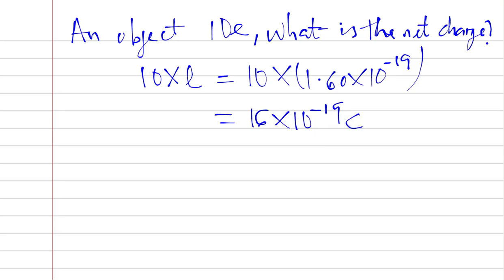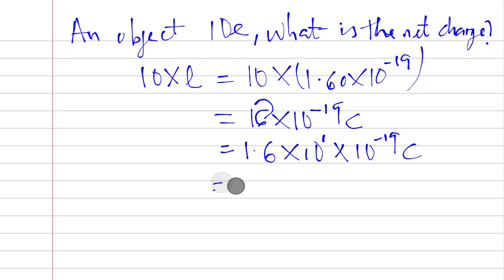But I cannot leave it like this. So I'll now apply standard form. The decimal is here, so I'll move it here. So that will now be 1.6 times 10 to the power 1. Are you seeing that now? Then multiply by 10 raised to the power minus 19